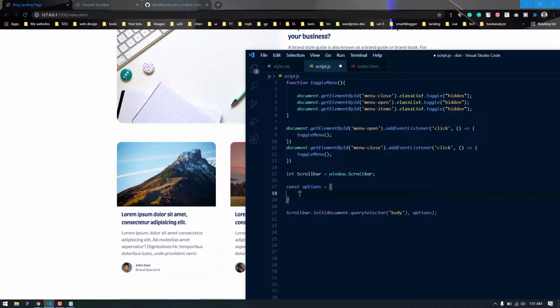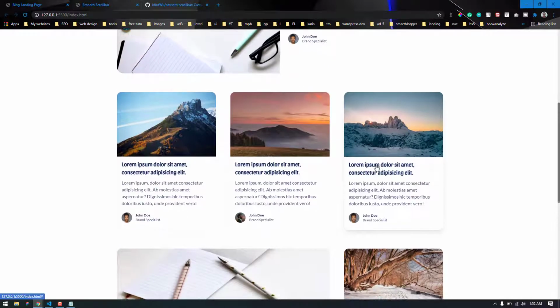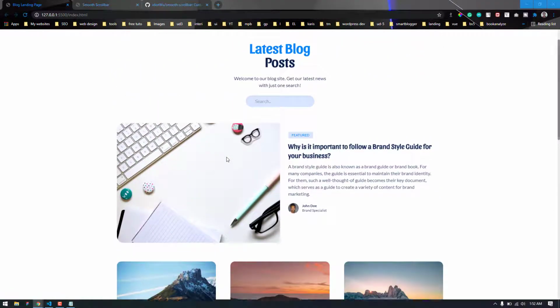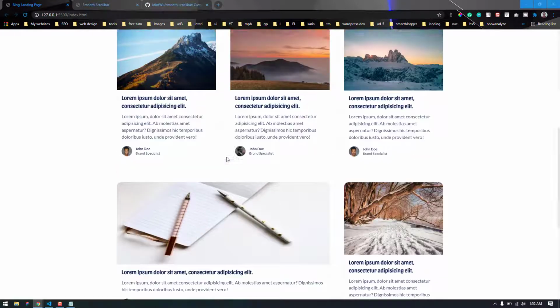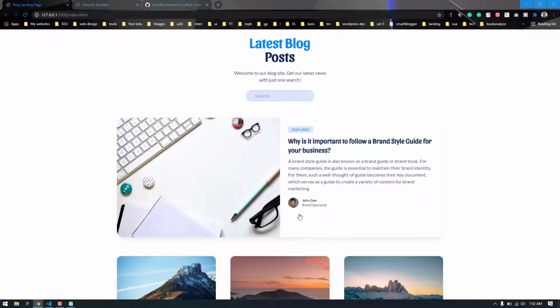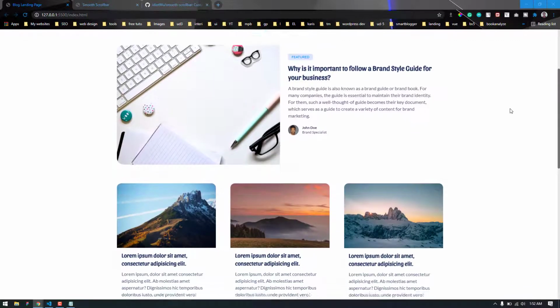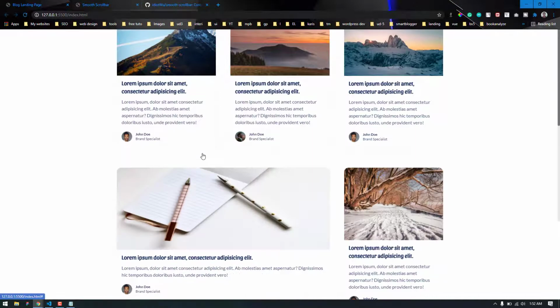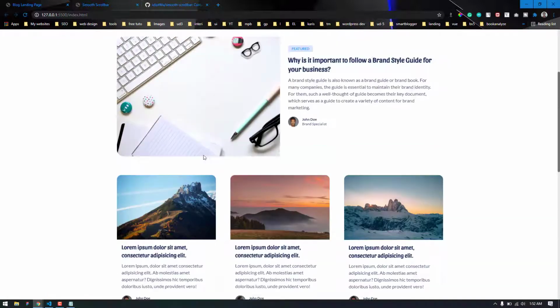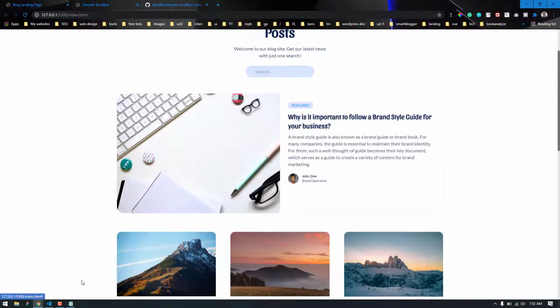So the first thing we can add is damping. The damping is actually the speed of the scrollbar. The default is 0.1, and the value can be between 0 and 1. The lower the value is, the smoother the scrollbar effect will be. So let's try 1. This is the highest value. It will not be very smooth, and let's see, and it is not totally smooth. It is just like the default scrollbar.